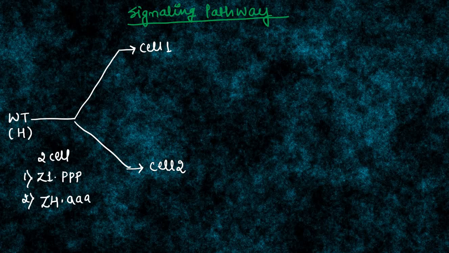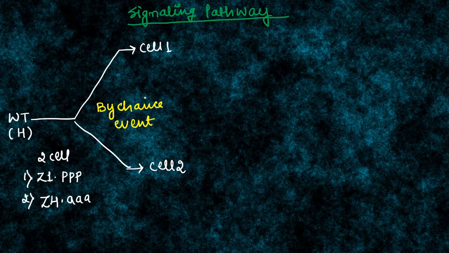So as we know, in a hermaphrodite there are two adjacent cells, Z1.ppp and Z4.aaa, and we have considered them as cell 1 and cell 2. There is an involvement of a by-chance event. It is not clear yet what kind of pathway is responsible for the activation of one of these cells, because at a time only a single cell will be activated, and that single cell is going to activate its neighboring cell. So it is a by-chance event whether cell 1 is going to activate first or cell 2 is going to activate first.